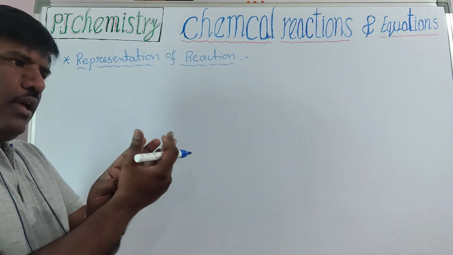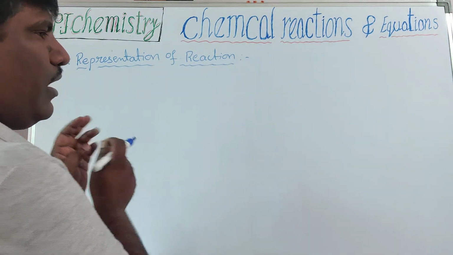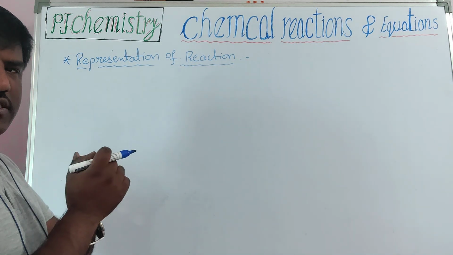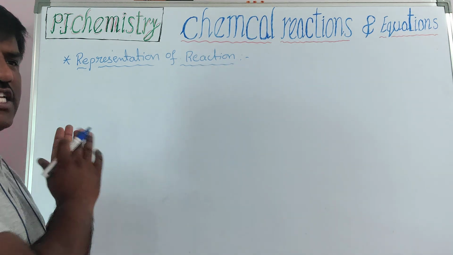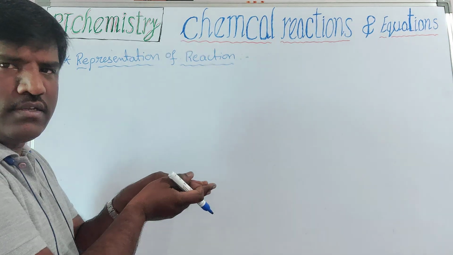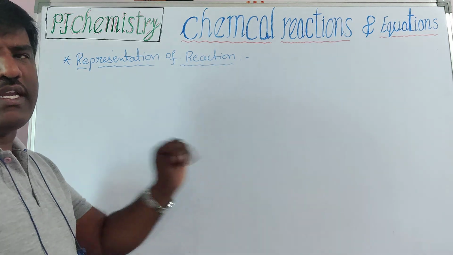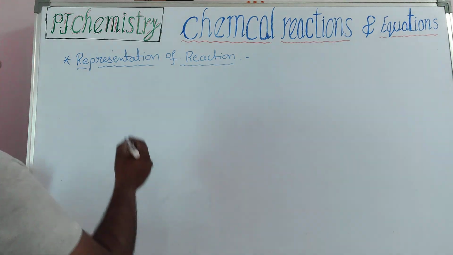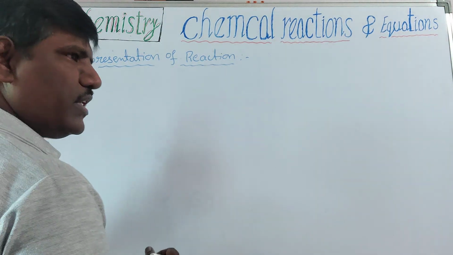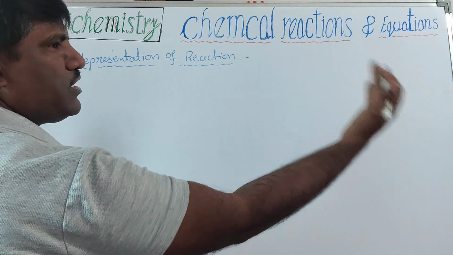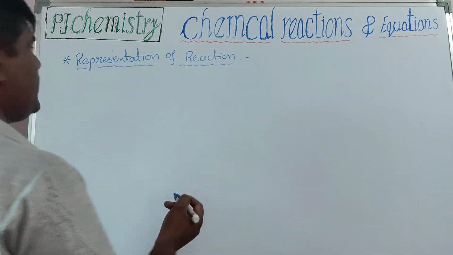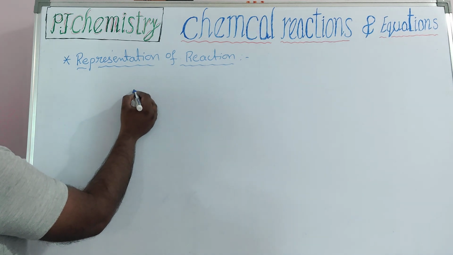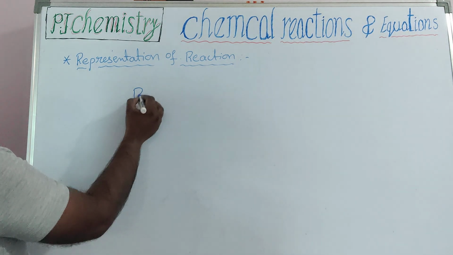In maximum cases for forward reactions, meaning a reaction which takes place in only one direction, left to right, like an irreversible reaction, the reactant is always on the left side and the product is always on the right side. So the representation of a reaction, reactant